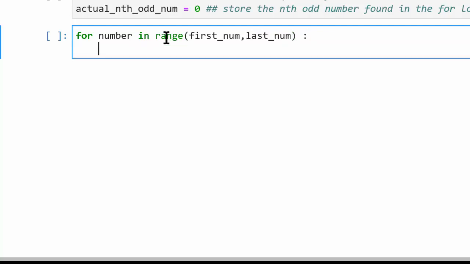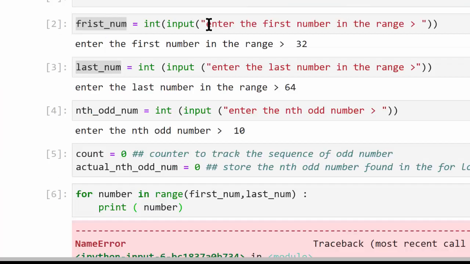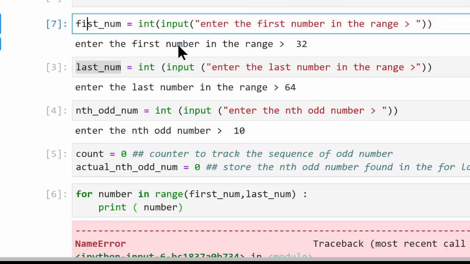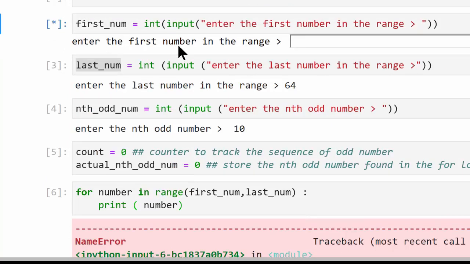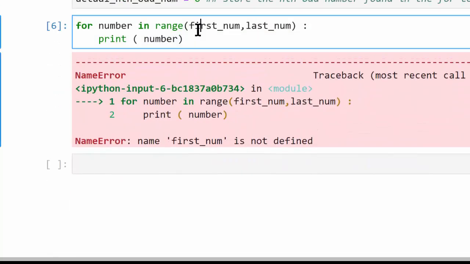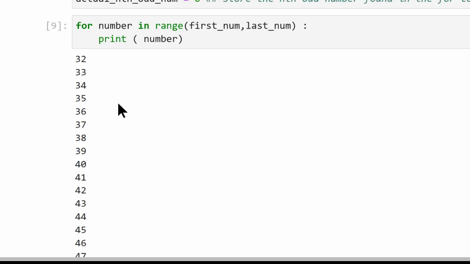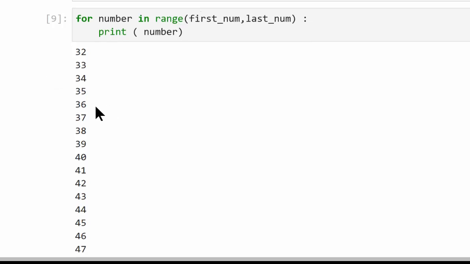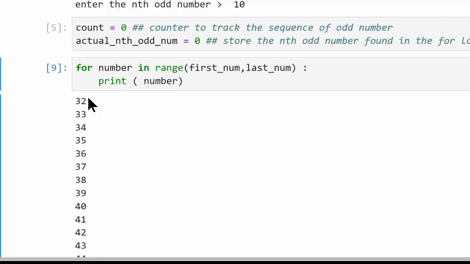Okay, now if we don't do anything, we can just print this number and see if Python is doing what we want. Okay, shift enter, execute this. It says first number, right? 32. Now let's look at this range. Okay, 32, 33, 34. So the for loop is actually looping through all the numbers, starting with the beginning number